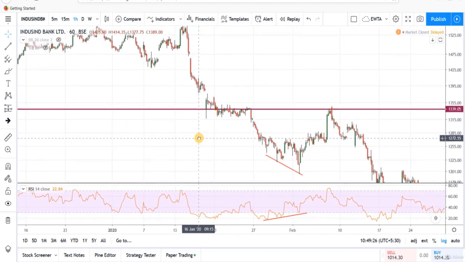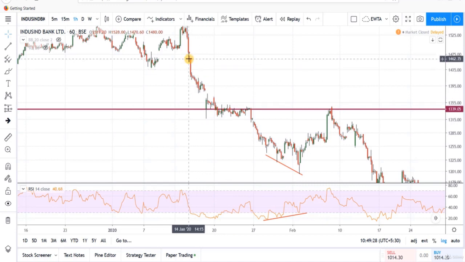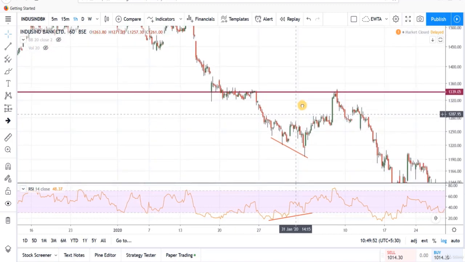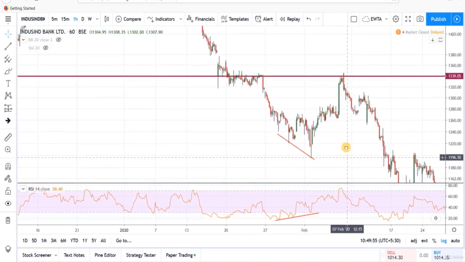You can see this is the chart of Indus Bank and the stock is in a downtrend. This was the support level. Prices breached this support level. There was little consolidation near the support level, but prices were not able to go upside. So it was a signal to go short in this stock, because we are getting a signal in this chart that prices will go in a downward direction. But after making a short position, you can see